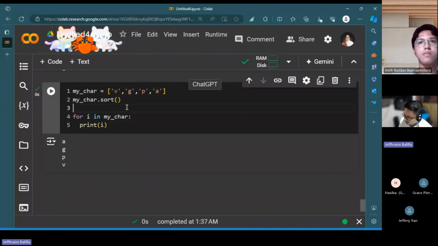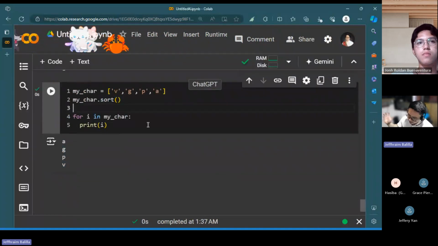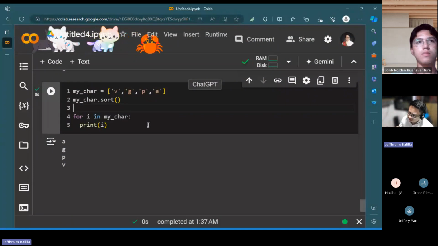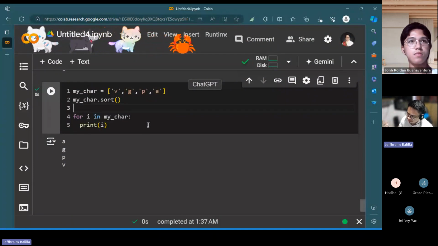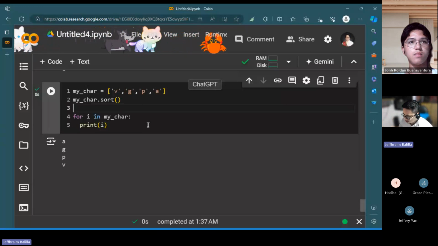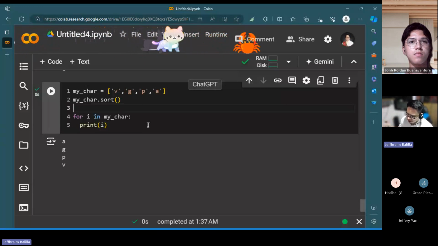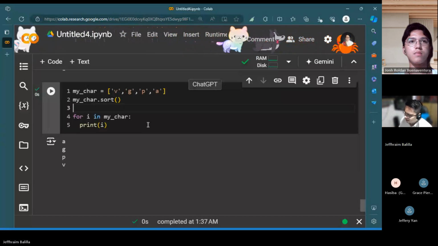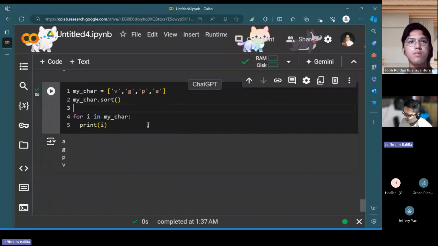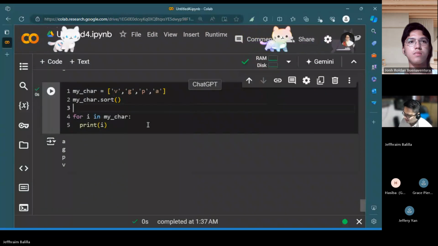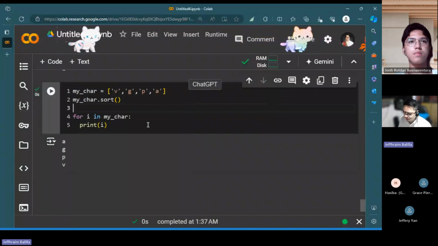The task is first creating a list, sorting it, applying a method, and then creating a loop that would go over each of the elements of that list. Do you follow? Is that clear? Can I get the thumbs up from the group?